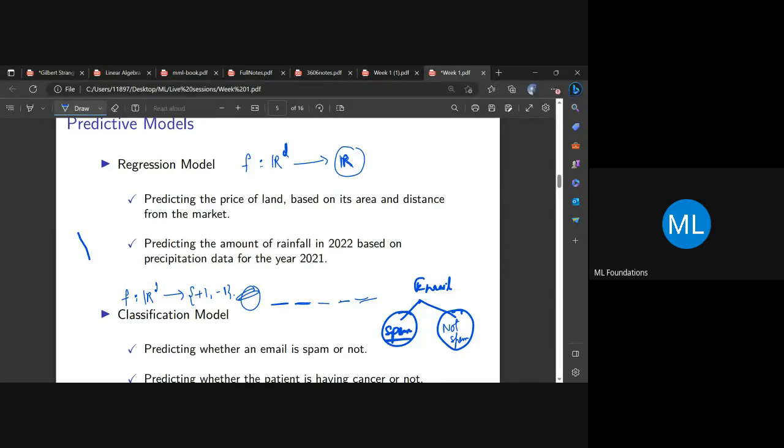Then you have predicting the amount of rainfall in 2022 based on precipitation data from 2021. So again, the rainfall that you measured is